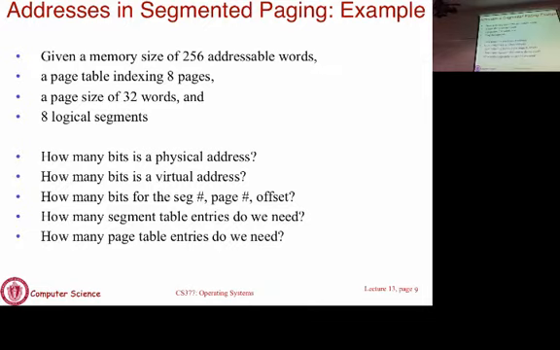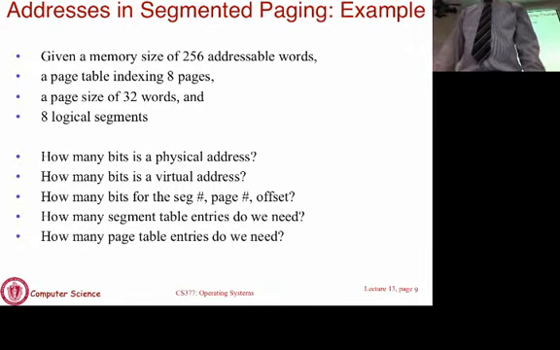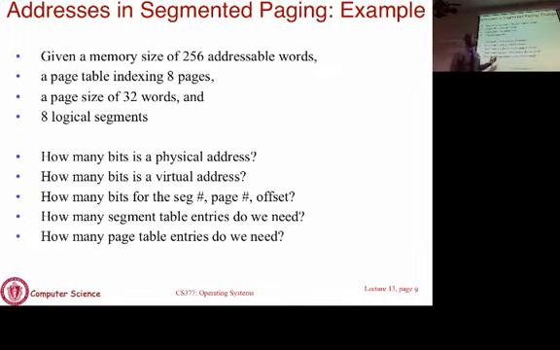And what's the range of segment numbers? 0 to 7. Whenever I say what's the range, you should ask how many segments are there. That's the number of segments you are going to address. So we have 8 segments. If you have a process with a maximum of 8 segments, the addresses have to go from 0 through 7. So that's 3 bits. Segment numbers are 3 bits long. Page numbers,